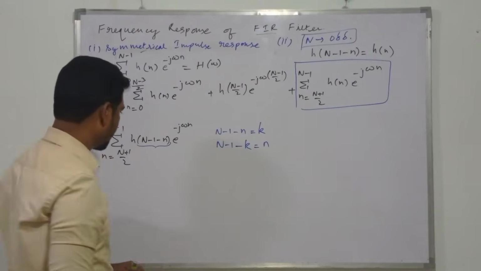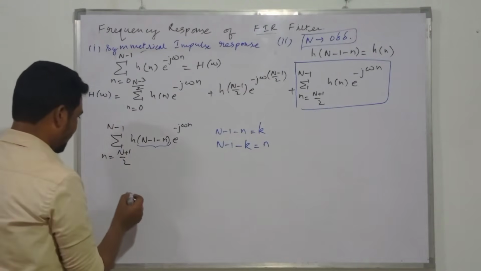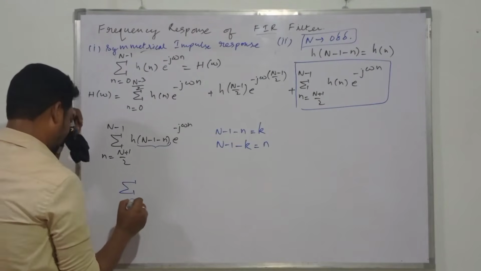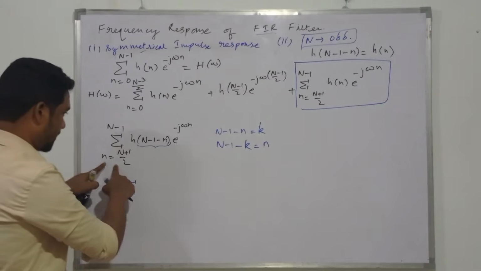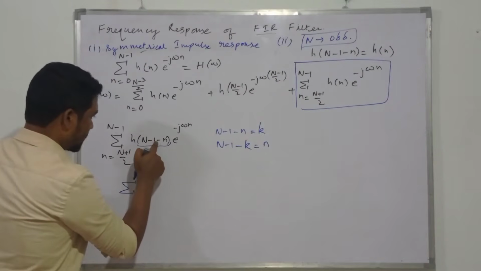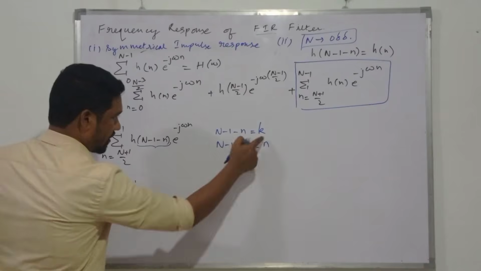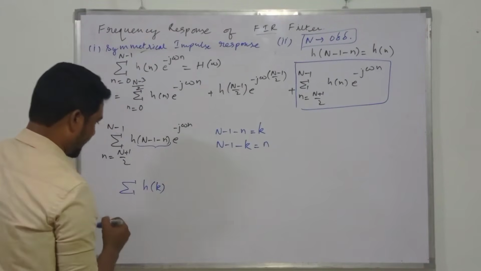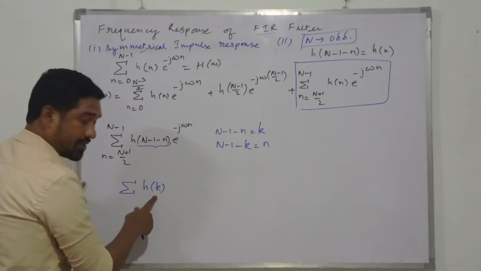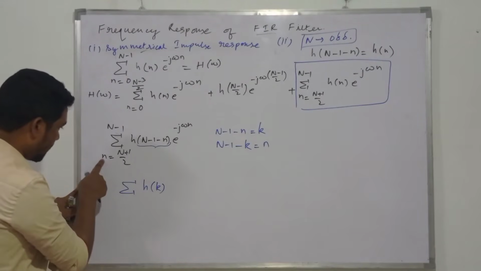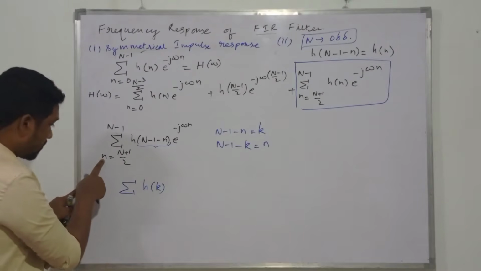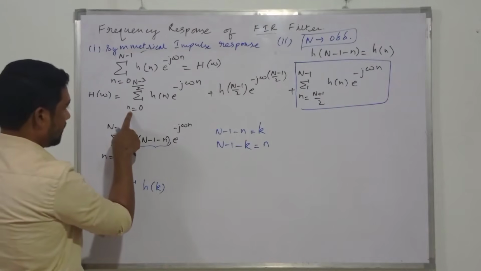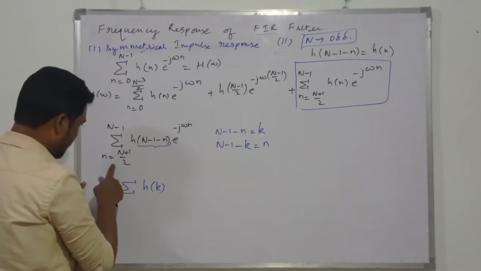So that gives. Okay, so guys, a small exercise over here. I'm not talking about the summation for the time being. Now N-1-n is taken as k, right? So h of k. Okay, so guys, now if this is plugged in, the summation isn't for n anymore, that should be for k. If we had h of n, that would have been for n. But we have h of k, so there will be a change in the limits also.